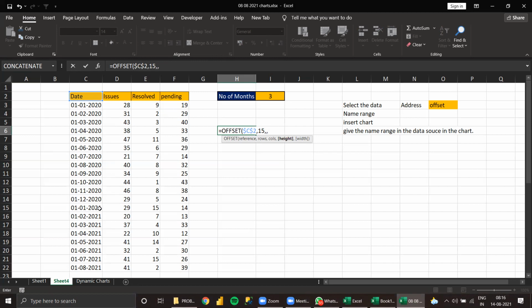See, the name ranges, you need to go one by one, not all together. So this date alone you should select first. Then what is the height? Height, we need to select this. This is the height. Fix it. Width, only one column.